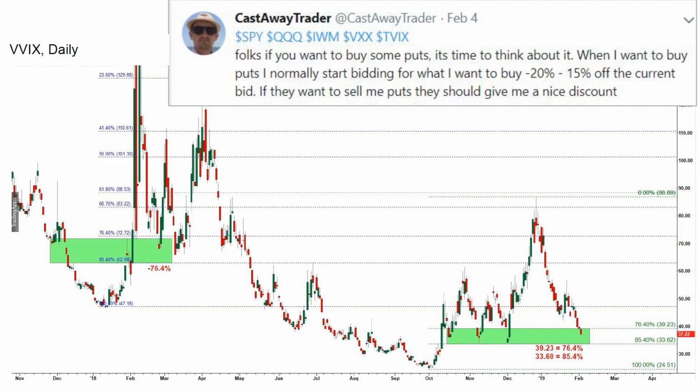From this chart, I pointed the attention of my followers to the similarity between two fractals. In the first quarter of 2018, we got a huge spike and then it dropped down, retracing more than 76.4%. Here I found a very similar structure: a spike starting in December and topping in the beginning of 2019, and then a similar sharp drop into the same area between 76.4 and 85.4% retracement of that spike. That was additional confirmation that we might be topping.